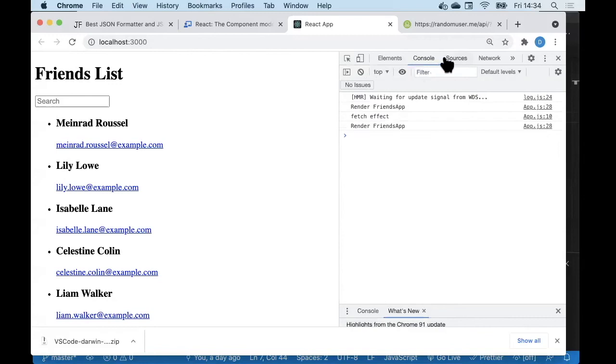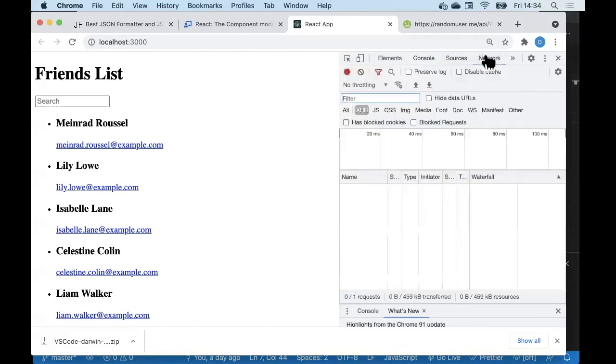If you access the network part of the developer tools, you can do what's called throttling. You can kind of simulate a slow network. So if I say slow 3G, and if I do a manual refresh now of the browser,